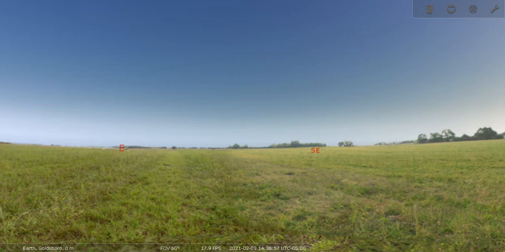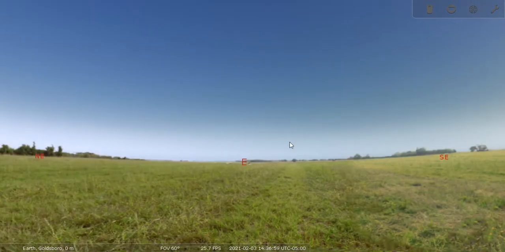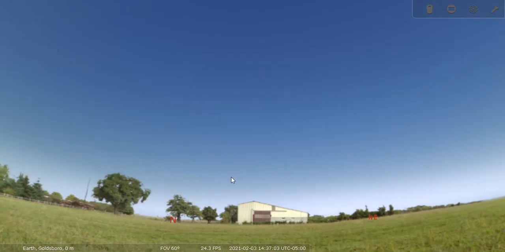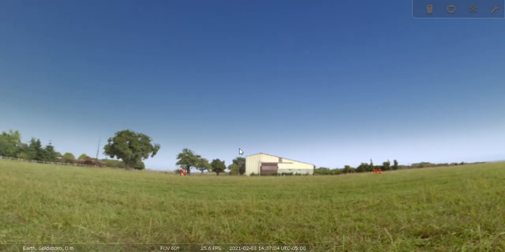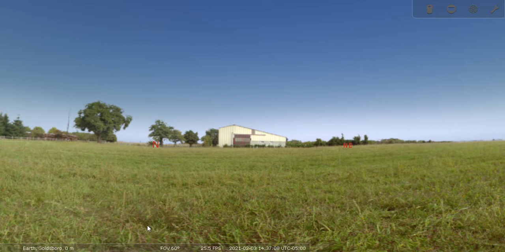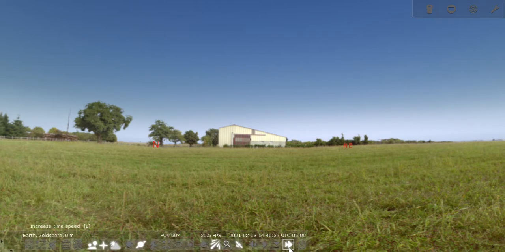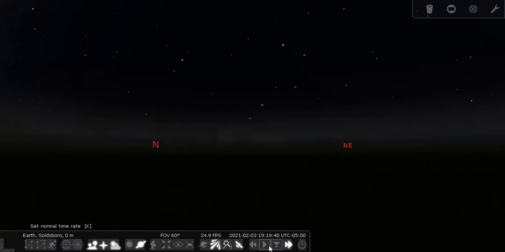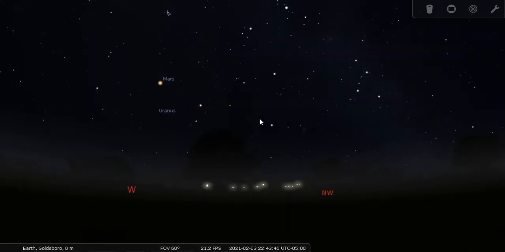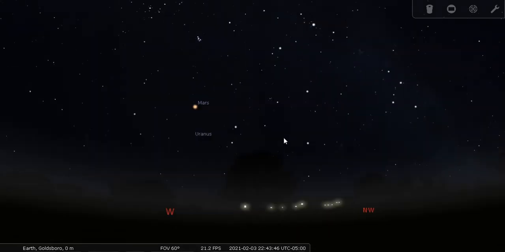This first one is called Stellarium, and we're here in this field. And as we move it around, it's a 360 view. But what's nice about Stellarium, we're in Goldsboro. I don't know if you can see that on the screen. Yeah, you can. But we can fast forward time. And obviously, watching stars at the daytime isn't very interesting. But here's tonight's view. So we got Mars out tonight, a couple of stars, and just gives you a nice view of the stars